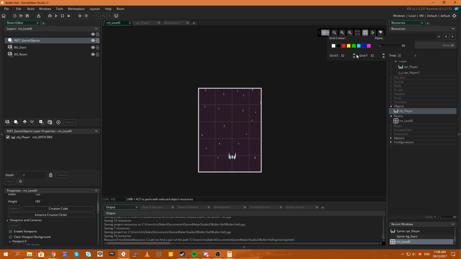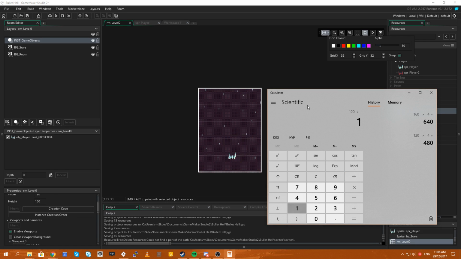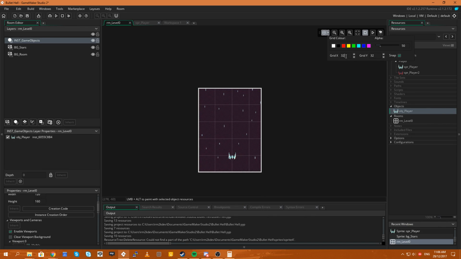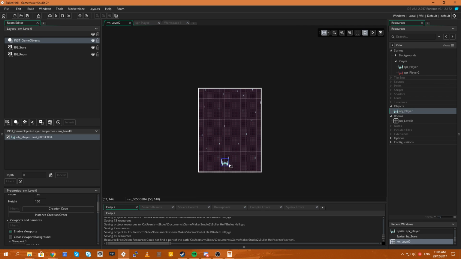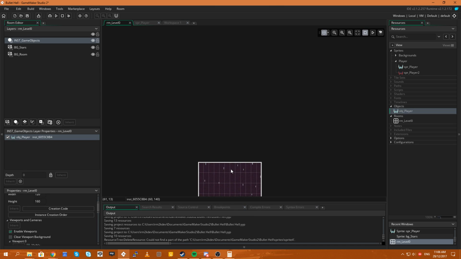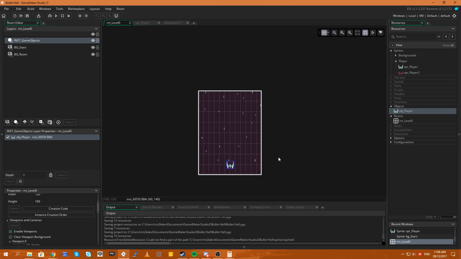Let's set our grid up nicely. So how big was this room? This room was 120. So 120 divided by 16 is not going to fit evenly. Let's just work out what will fit evenly. There we go, 5. So let's set our X grid to 5. Actually, if 5 works, 10 should work. There we go. And our Y grid should also work as 20. That'll do. Right, so now we can take our player and drag it into the middle. I think that should be dead center. 60 by 140. Now let's run our game quickly, have a look.